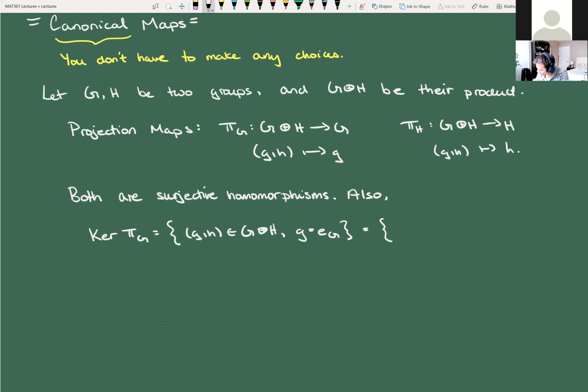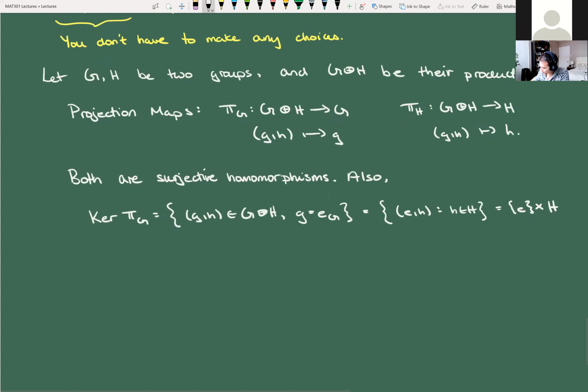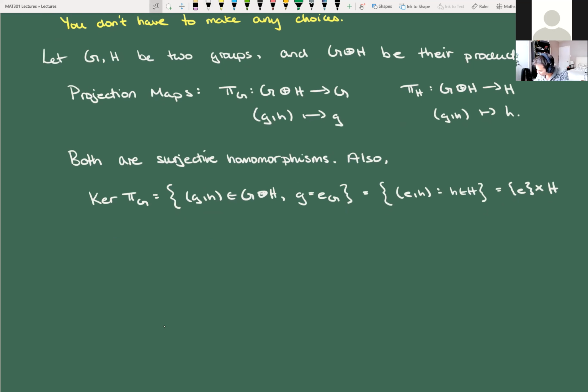That's the same thing as just saying (e, h), where h is allowed to be anything. You probably could have guessed this: the kernel of pi G is basically just everything in H. And so what this tells us, by the first isomorphism theorem, is that G plus H divided by the kernel of pi G